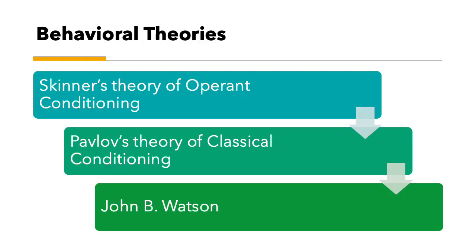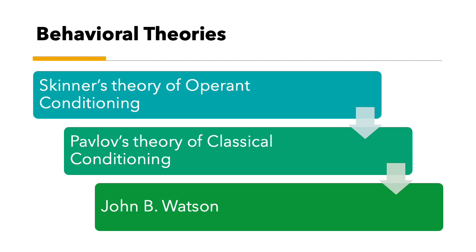So then we have the behavioral theories, also sometimes referred to as theories of learning. We have Skinner's theory of operant conditioning, and most of y'all have heard of some of the operant conditioning techniques, including positive reinforcement, negative reinforcement, and punishment. So children are shaped through one of these three methods, or actually all three of those methods of operant conditioning. So think about your own behaviors and how your behaviors are shaped through punishment, negative reinforcement, and positive reinforcement.